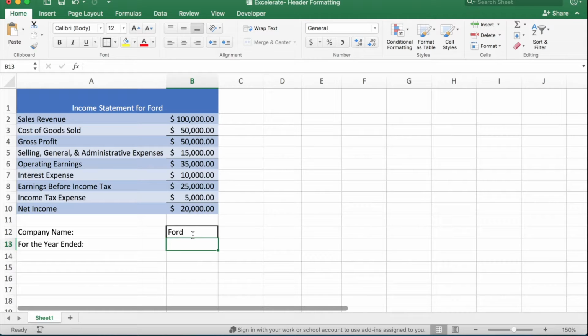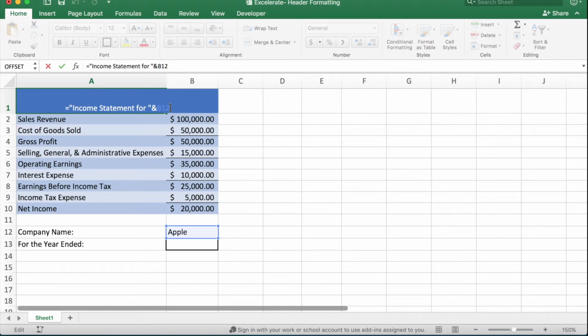Likewise, if I change that to say Apple, wrong cell, then it'll change. And we can do this multiple times. If I wanted to say income statement for Apple for a given year and have both the company and the year be dynamic, we can do that. So let's do that now. I'm going to add another ampersand symbol, and then go back into quotes for words, and make sure to put in the space because you always need to leave the space,